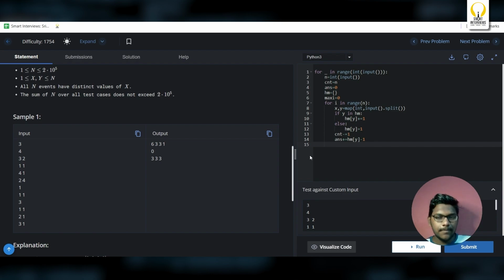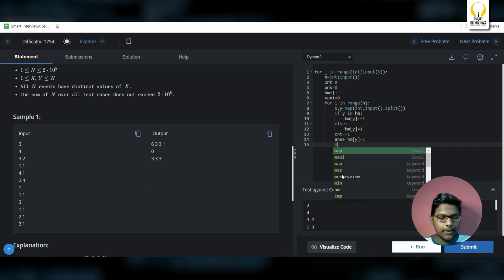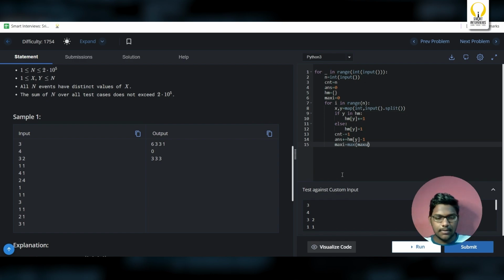Now what's the next step? I'll have to update the maximum. Maximum is simply the maximum of maximum comma hash map of y. Now this is the updated maximum. Now I have to get the answer for the current query, which is, let's say, now equal to answer. And now what's the outgoing answer? It is simply maxi into maxi minus 1 by 2, and again